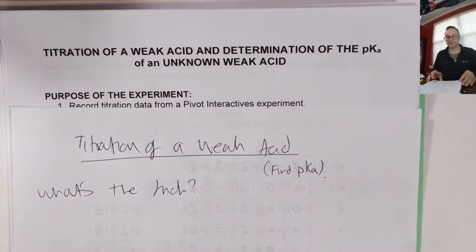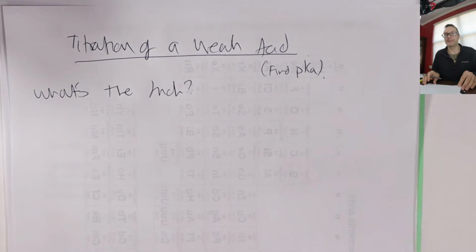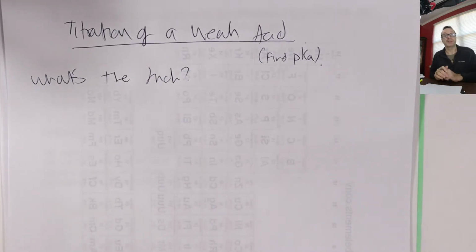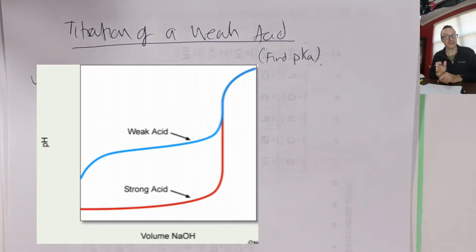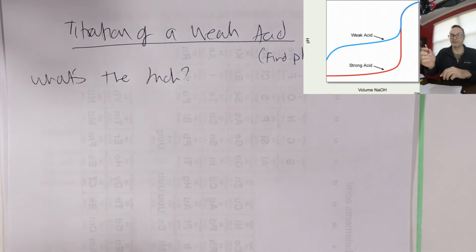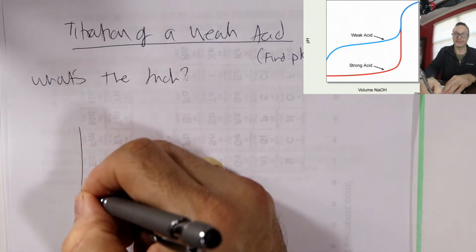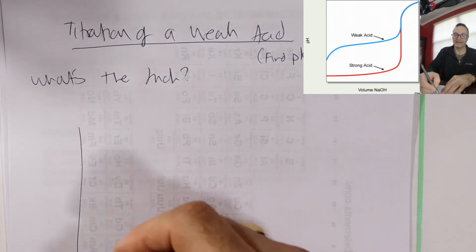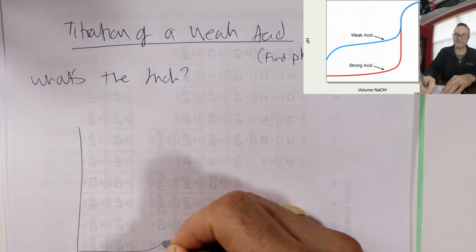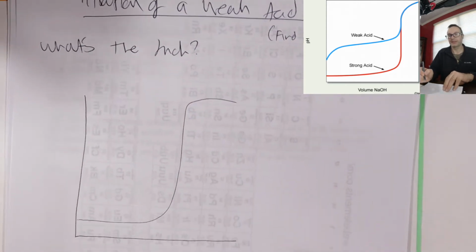So now I'll throw up a nicer picture, a nice titration plot from the notes. And as you can see, it doesn't matter if you've got a strong acid or weak acid when titrated, and I'll probably do a bad picture myself here. So for a strong acid, as you saw in the picture,